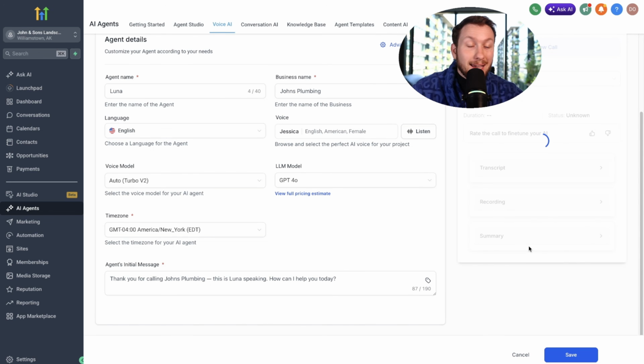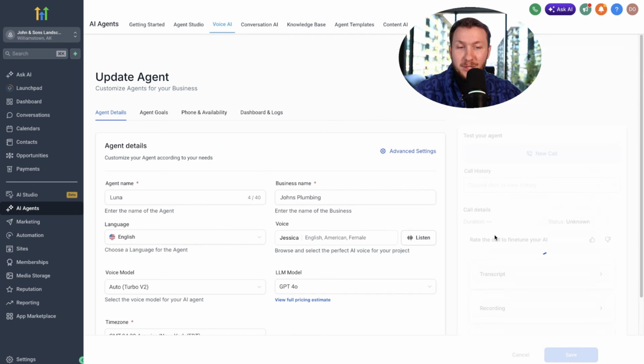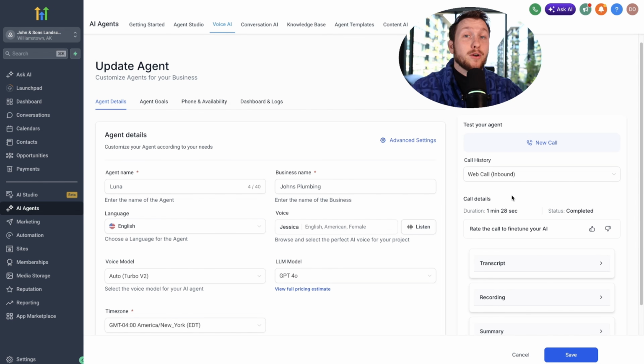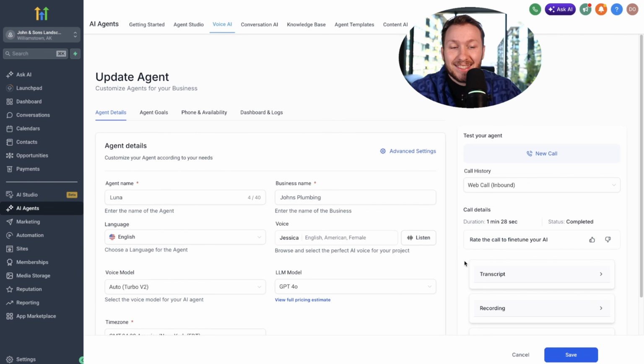That's insane. So I can keep going. It'll obviously book my appointment, but you get the point that it works. That's crazy. If you notice, it corrected. It said @ symbol, but it then immediately went to @. So powerful, so smart. This thing is already set up and dialed in. Obviously, if you want to tweak all of these little things, you want to watch my full AI voice agent video to get it working just right. By the way, drop a comment down below if you want to see that.